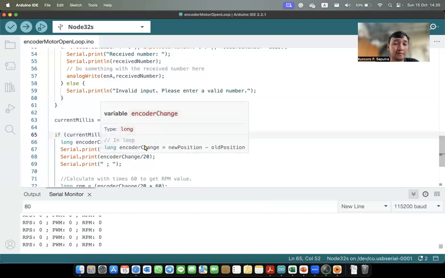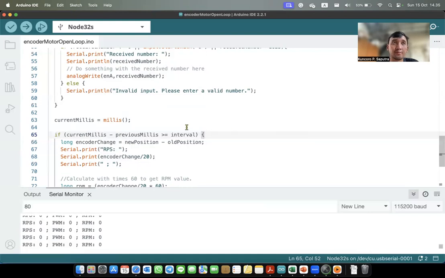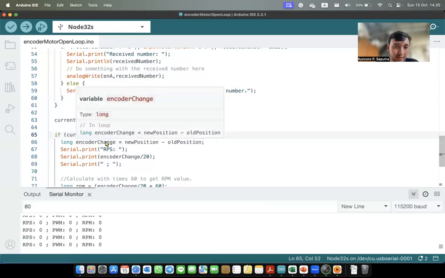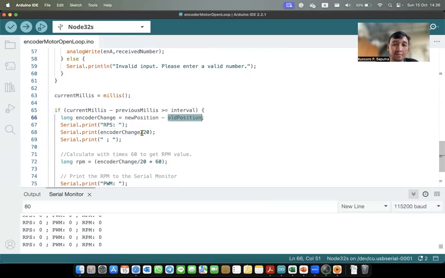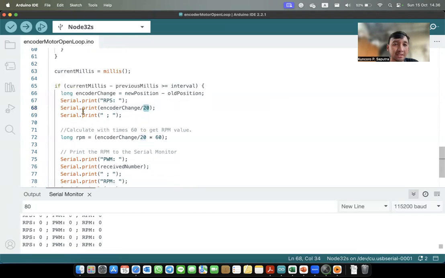So if there are 3 rotations, we get 60. So we should calculate the difference between the new position and the old position, and then divide it by 20. So we can get the RPS. RPS is rotation per second.